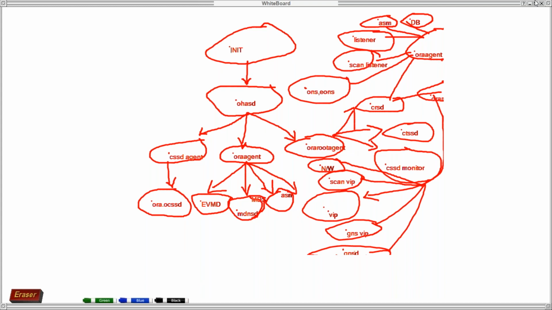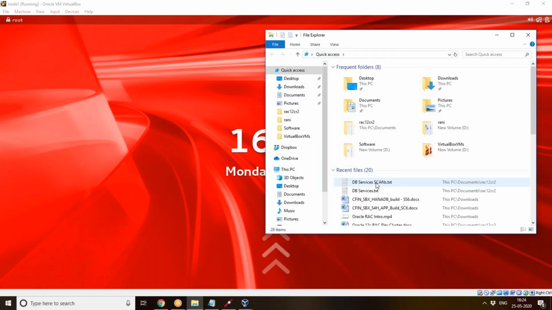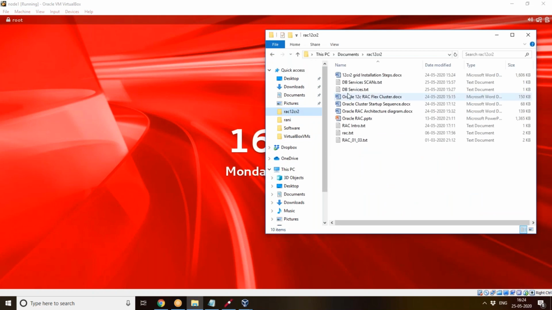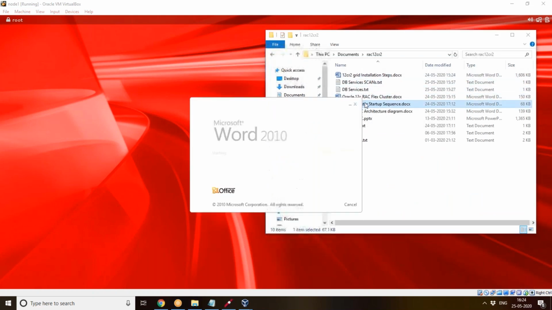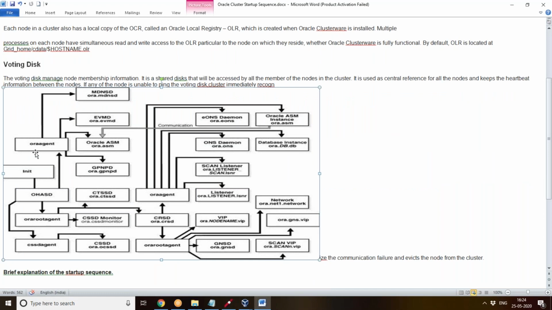So yesterday's document we saw, yesterday I have sent you one document. Yeah, ma'am, I checked it. Yeah, the document, I'll check, 1 minute. Yeah, here. So this one only. See, our init is starting the instance.